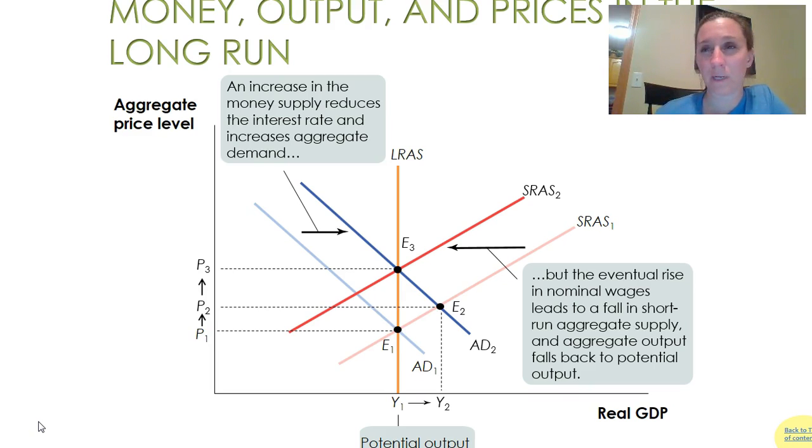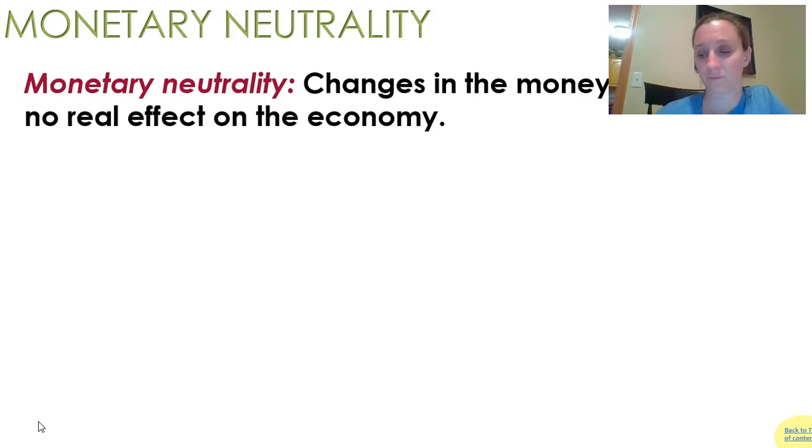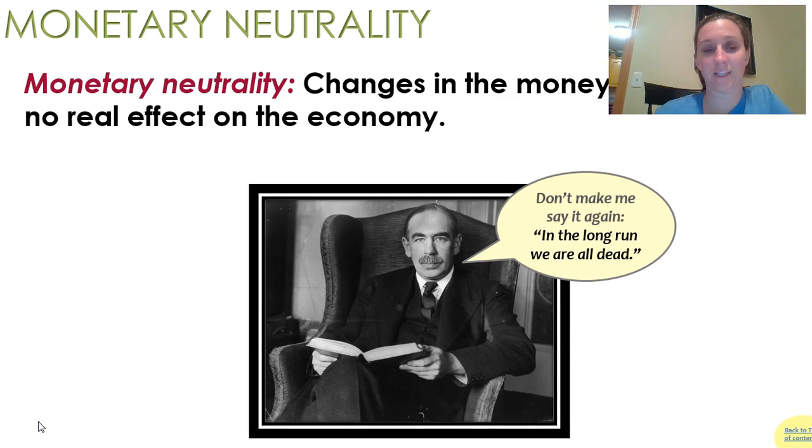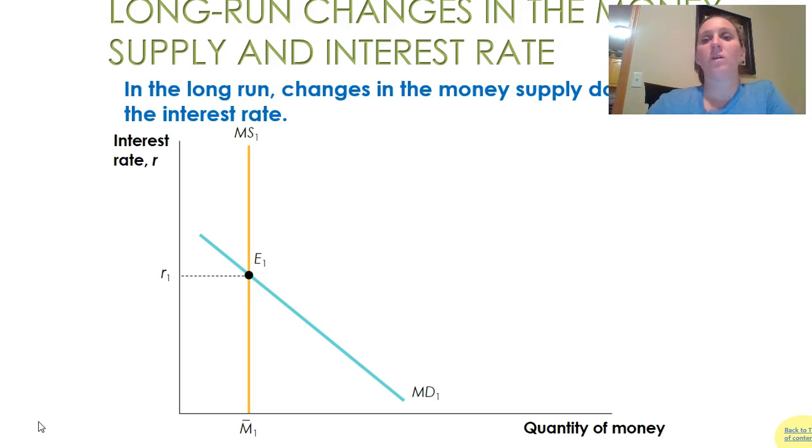So now what happens in the money market? Well, there's something we call monetary neutrality. So these changes in the money supply have no real effect in the economy. And there's our, in the long run, we're all dead, right? That's too simple of a task for an economist to just say that once the storm is over, the sea will be calm again. So let's see what happens to the changes in the money